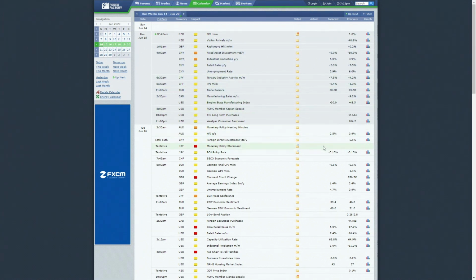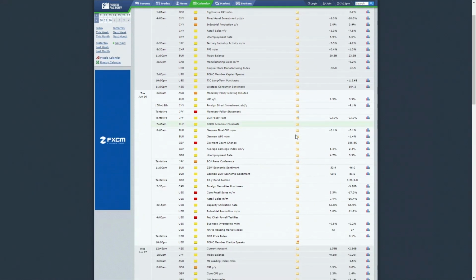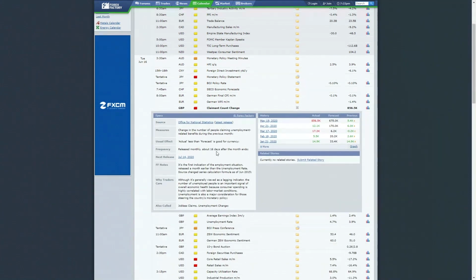Now, going into the details, this is really very handy from the calendar. If we take something like the claimant count change, for example, coming up this week, and click on that little folder which says Open Detail, it gives us a nice description of exactly what the economic event is all about: what it measures, the usual effect, and why traders care about it. That's very handy.